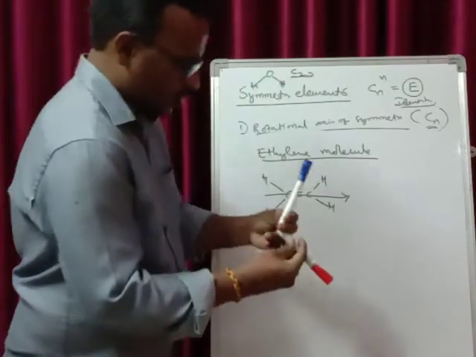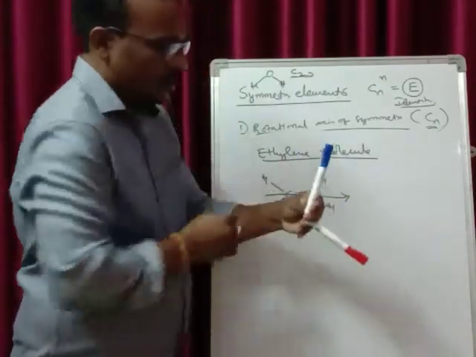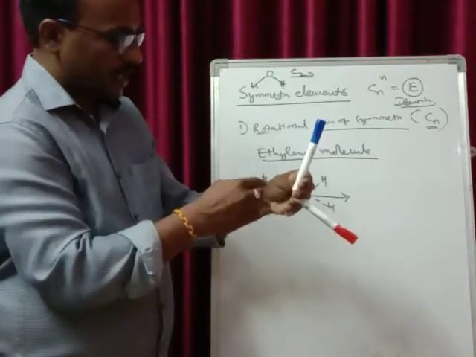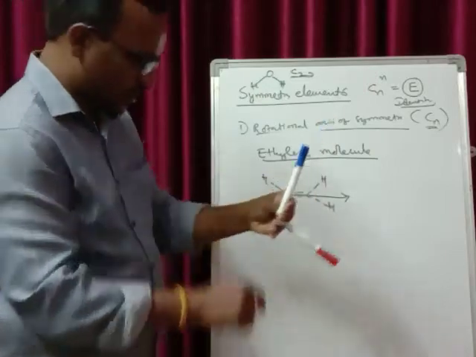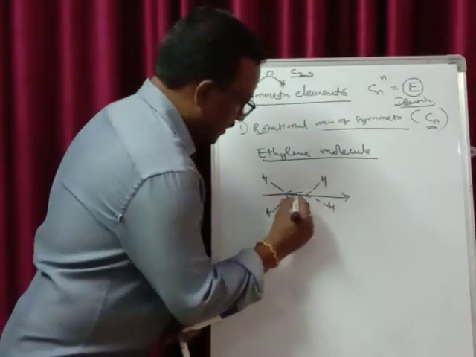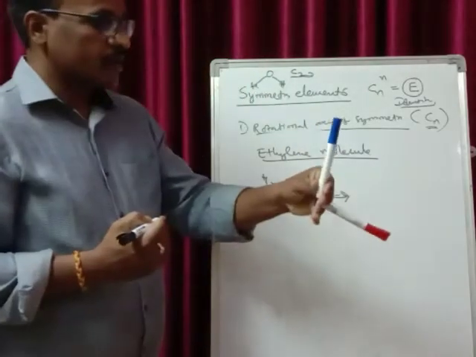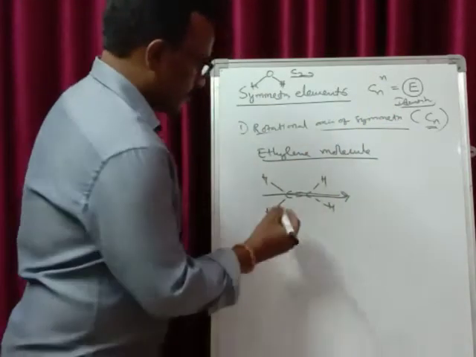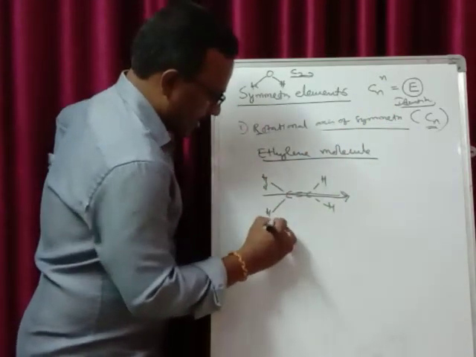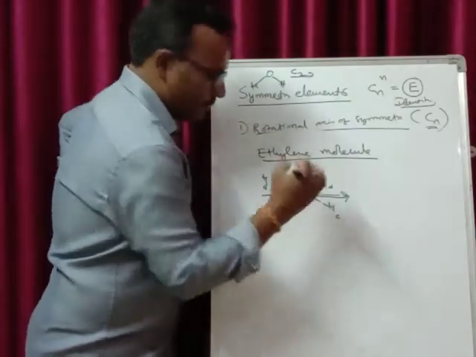So I'll just show with these two hydrogens. Now this is the situation. The other side here is a carbon. The other side carbon and the two hydrogens are here. The axis is passing through the two carbon atoms. The axis is passing like this. On rotation, 180 degrees, front to back, this I'll get as HA, HB, HC, HB.